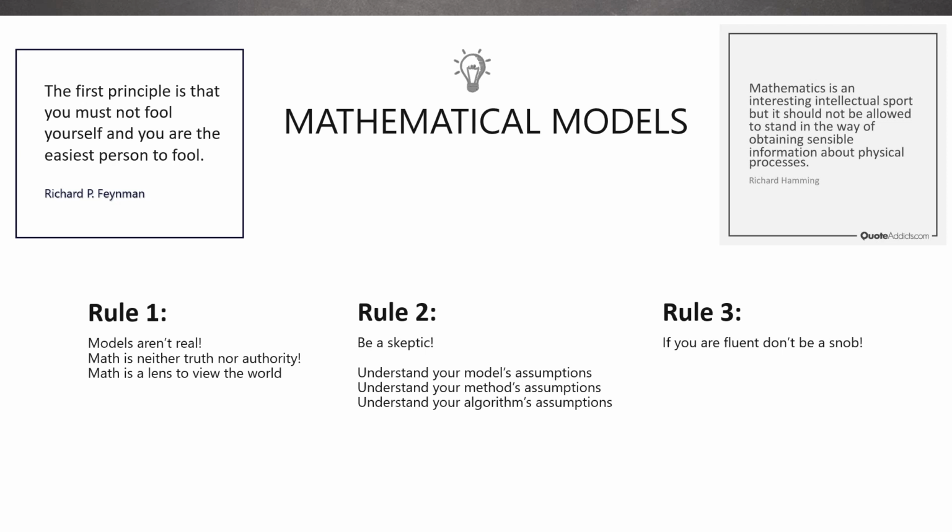The second rule is be a skeptic. I have this quote by Richard Feynman: the first principle is that you mustn't fool yourself, and you are the easiest person to fool. It's important that you understand your model's assumptions, your method's assumptions, and your algorithm's assumptions, because all of them have assumptions baked in. And that's one of the problems I have with these flowchart recipe type approaches to applying